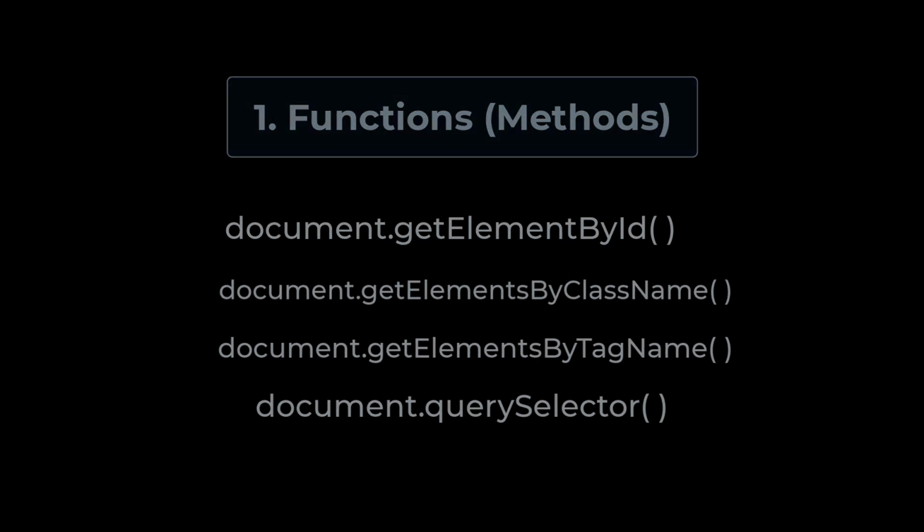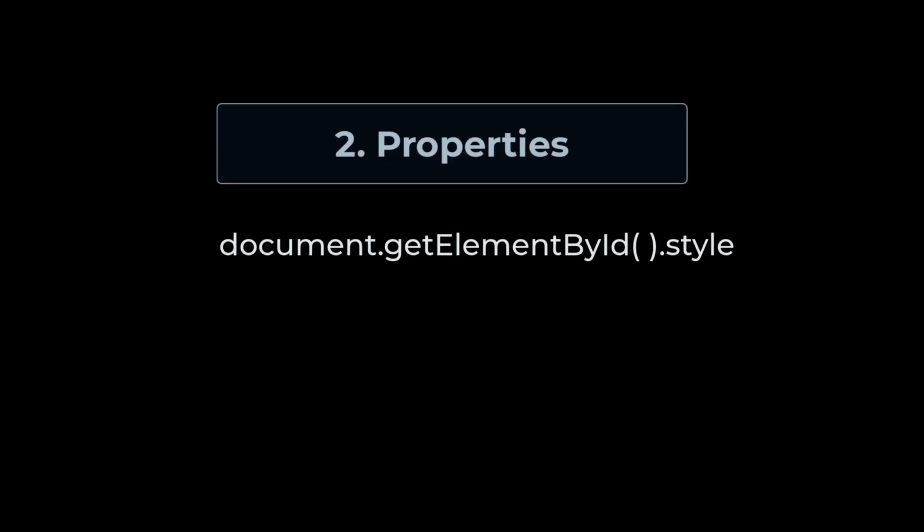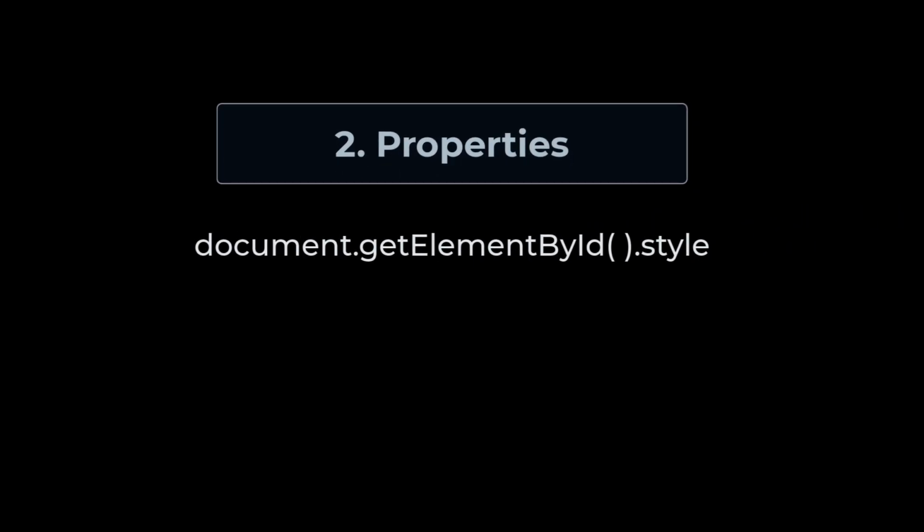The second thing to bear in mind is something known as property. So when we do something like document.getElementById dot style, this style right here is a property. It is not a function, right? Because it has no parentheses. We don't put parentheses when we use the style. And this style property is used to set a CSS value on that particular element that we've actually grabbed off